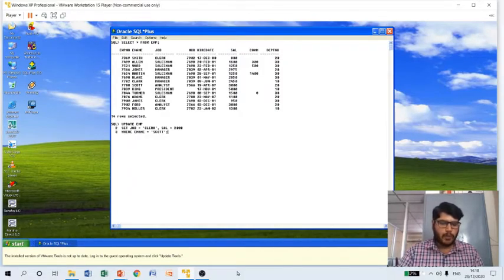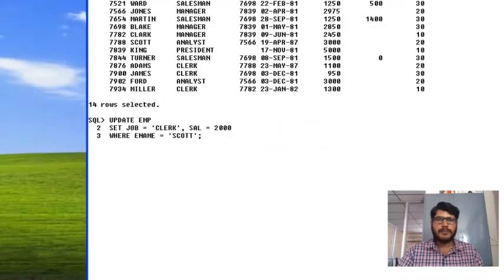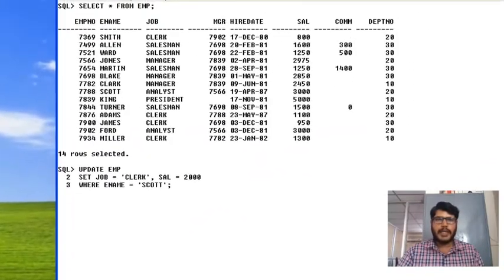Look at the statement I have written here. I have written what? Update EMP, because I want to update the value present in EMP table. So that's why we have to use update EMP. I want to set a value for job column as well as salary column. So that's why I have to use set keyword here. Job is equal to new value, that is a clerk I want to set. Put a comma.